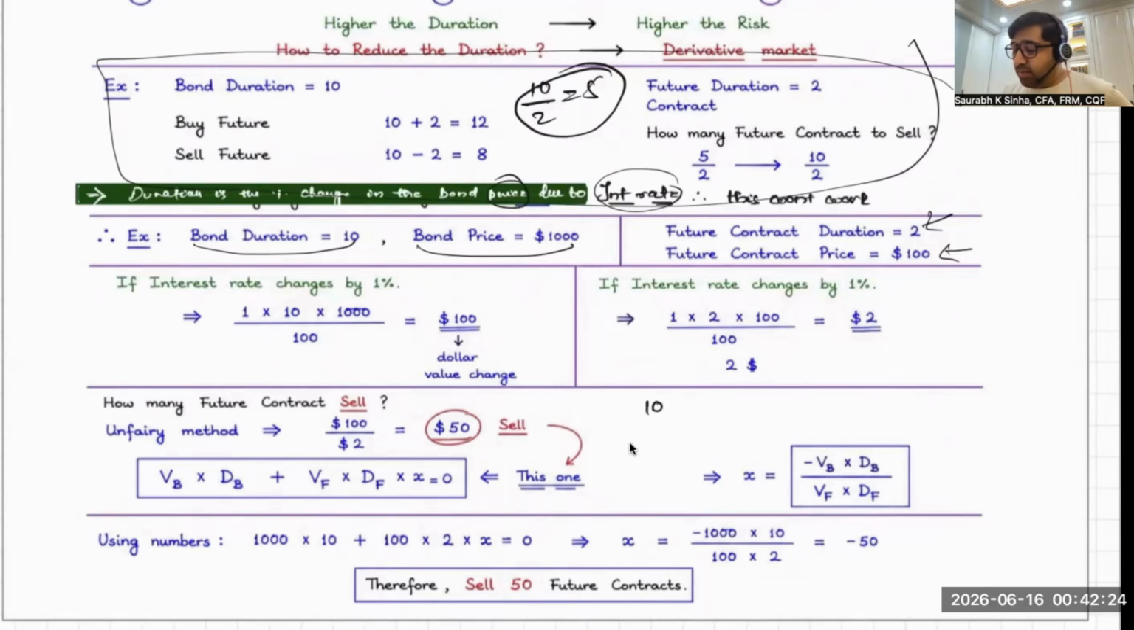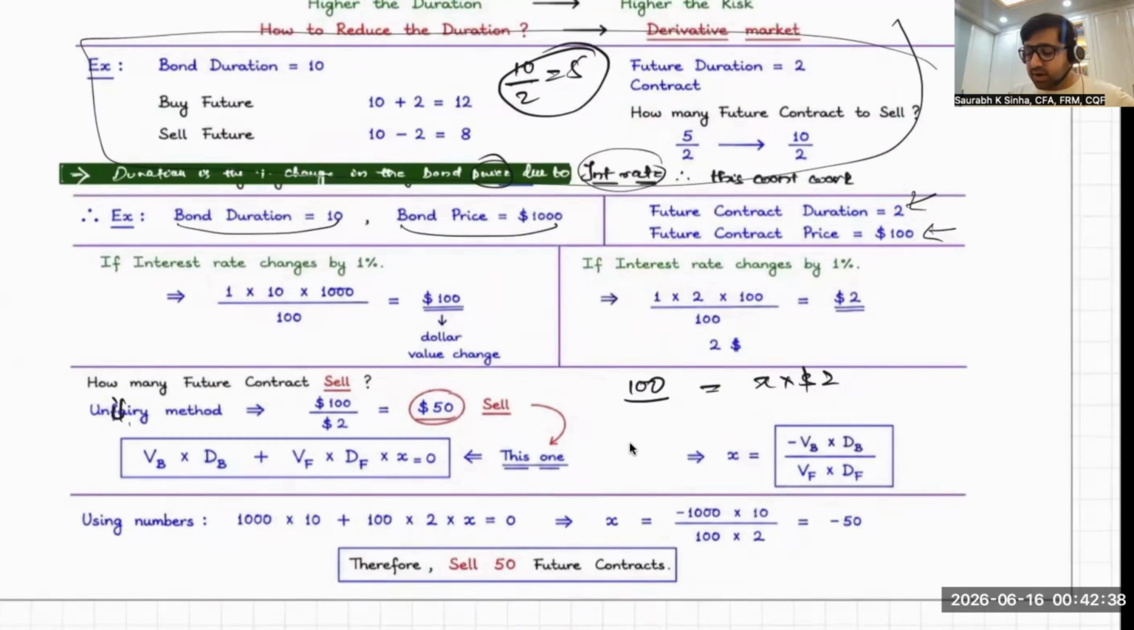If I need to compensate the change of $100, then how many future contracts do I need? The answer is 100 upon 2, that is 50. So it is the unitary method. The answer is 50, not $50: 50 future contracts you need to sell. Now, if you think properly, this unitary method is what you're writing: value of portfolio or bond into duration